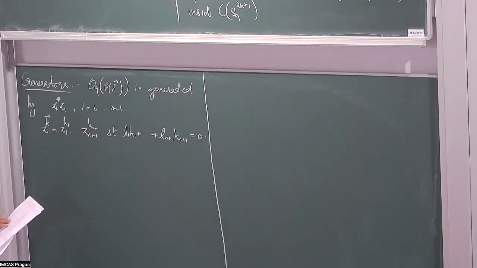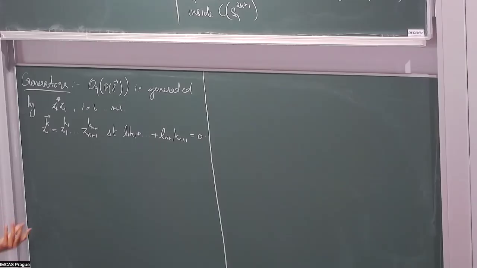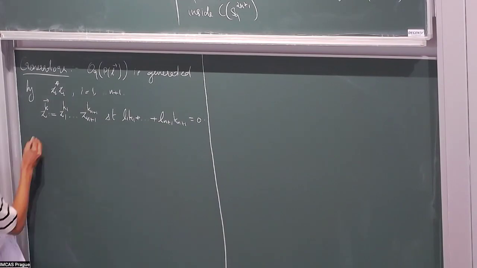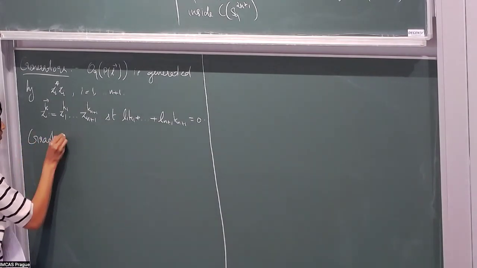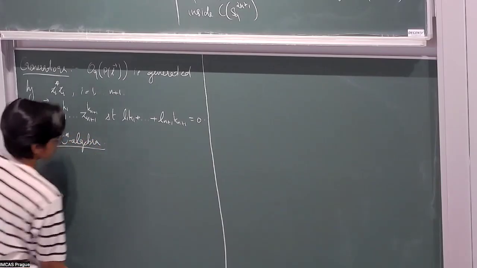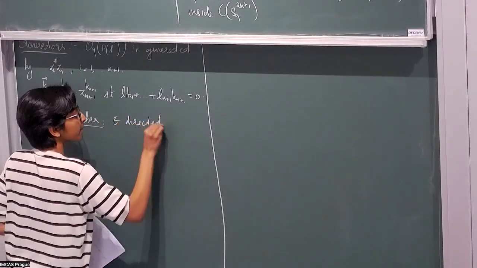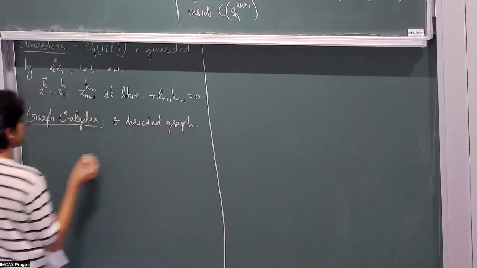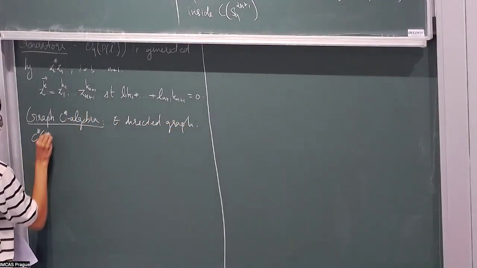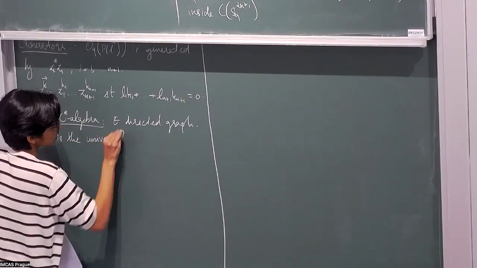So we now have our C-star algebra, and we know the generators, and this is the C-star algebra that we want to realize as a graph C-star algebra. Just so that we are on the same page, let me quickly tell you what a graph C-star algebra is. If you take E a directed graph, then C star E is the universal C-star algebra